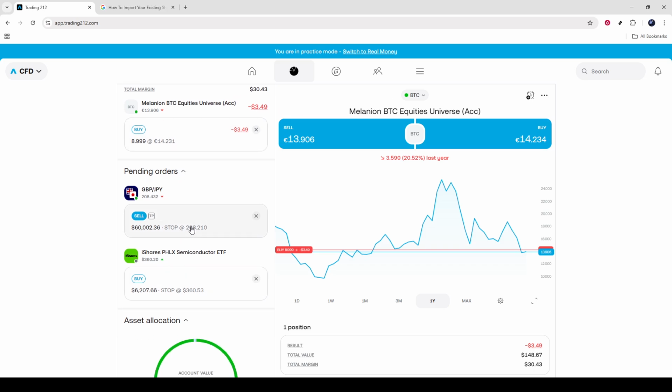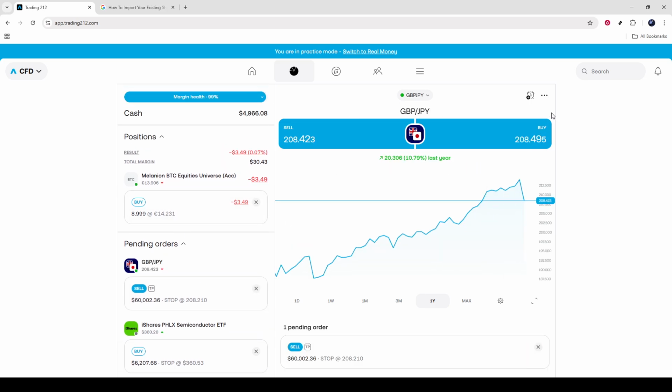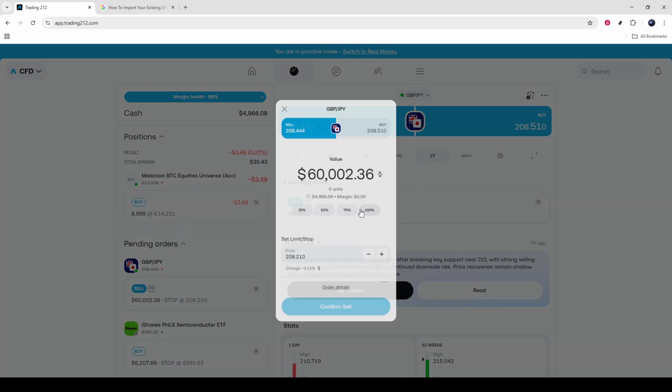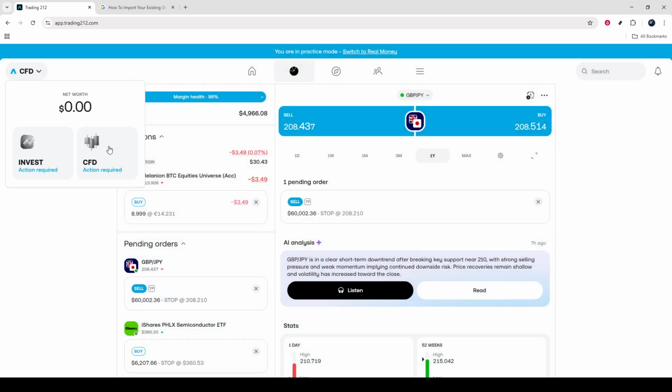those were added. If you need to make a quick adjustment, use the Edit option on the position to modify your stop loss or take profit. If you prefer to close the position manually later, return to this screen and use the Close command when you're ready. To recap the full process on screen, you switched to or opened a CFD account within the app, searched